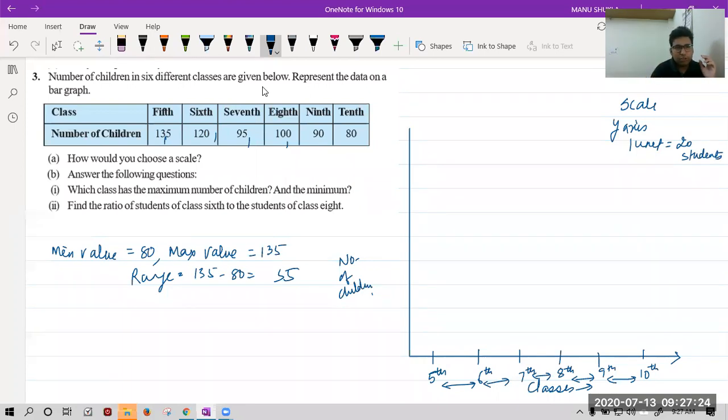Sir, it is compulsory to use king in 10 scale. No beta, not at all. But you have to make from 10 only then. Please don't switch on your video.